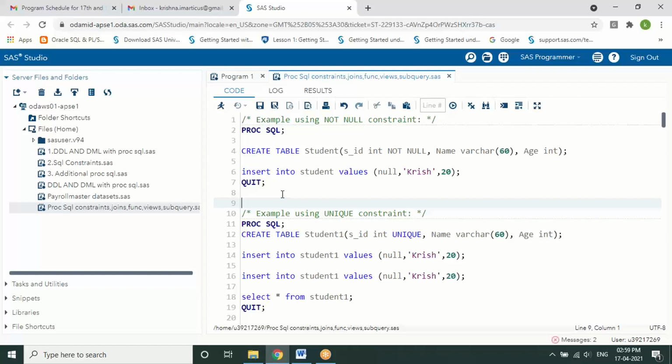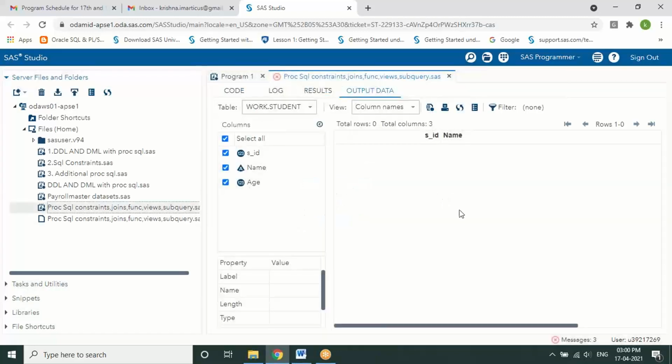So please see this. I'm going to create a table called student with SID as a column, integer, and not null is a constraint I've given, then name and age columns, so I'm going to create it. While I am entering values, not null is a constraint. If I just pass a value called null, it should show an error saying that a value should be assigned.